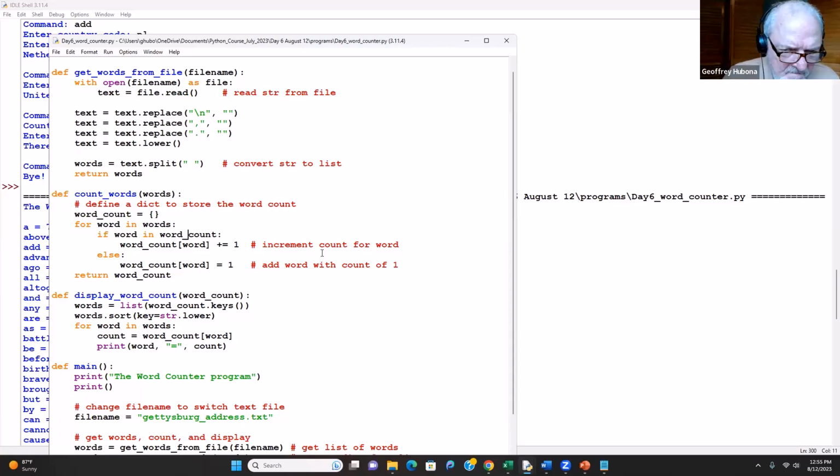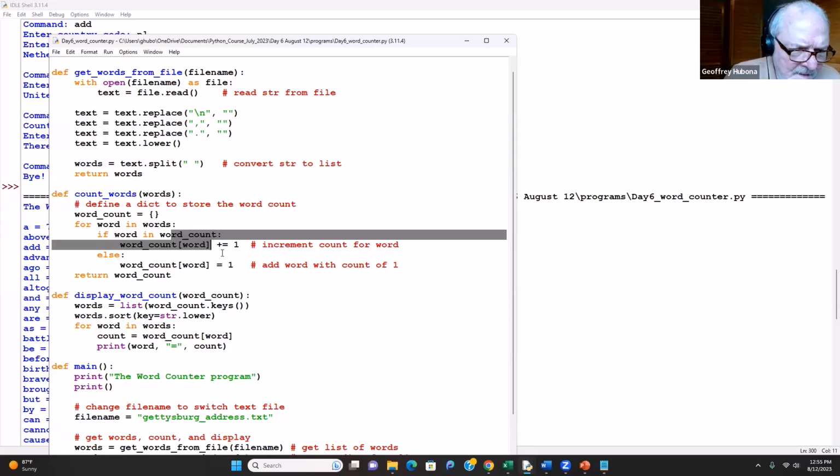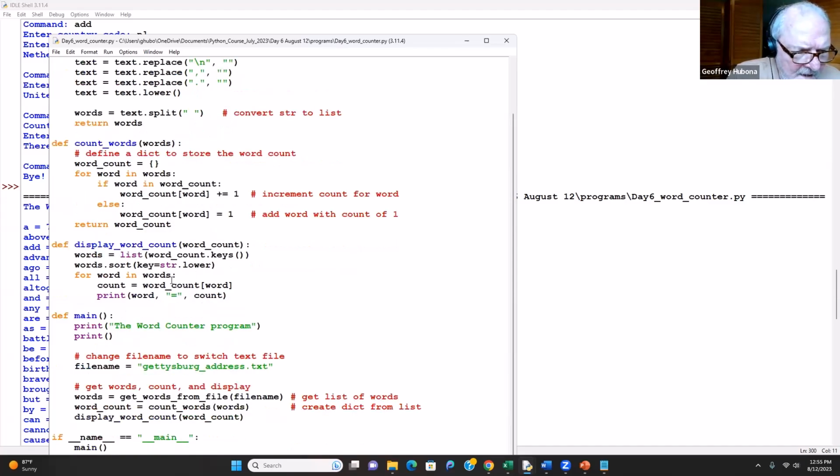This is incrementing the count for the words, and this is adding words that have a count of 1. So every time it encounters a new word up here, it increases the count for that word. And then here, it just simply adds words with a count of 1, returns word count, then displaying word count,